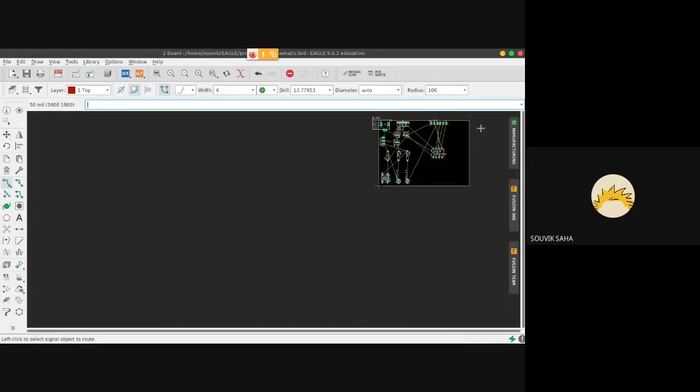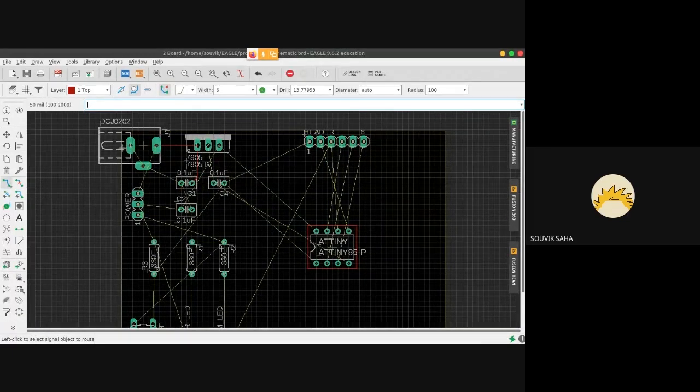Since we are making a two-layer PCB, you can shift between the top layer and bottom layer. If you're in the top layer, you'll get this maroon colored wiring. Say I want to make this connection from here to here, but it's not possible because this is coming in the way.